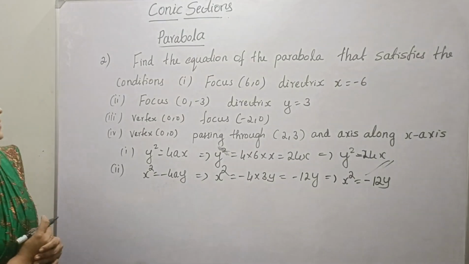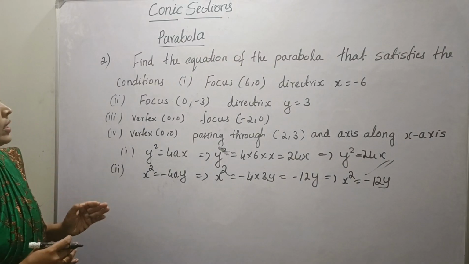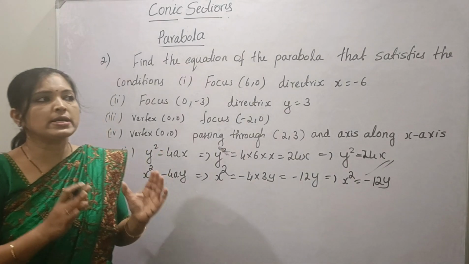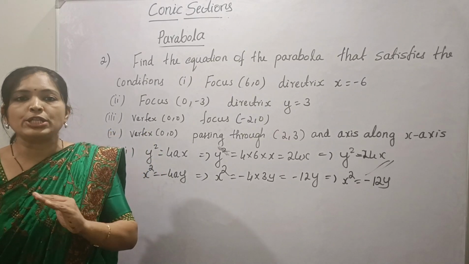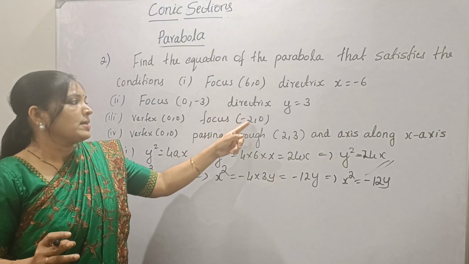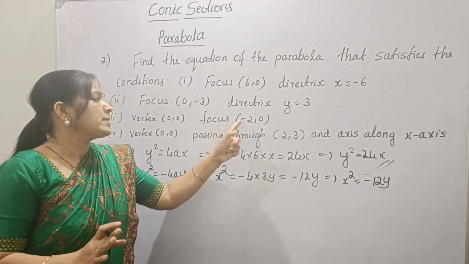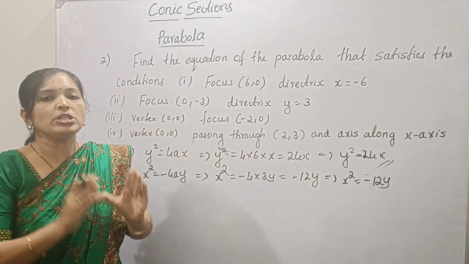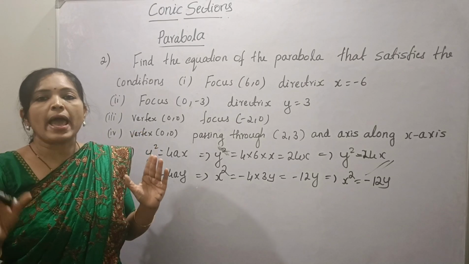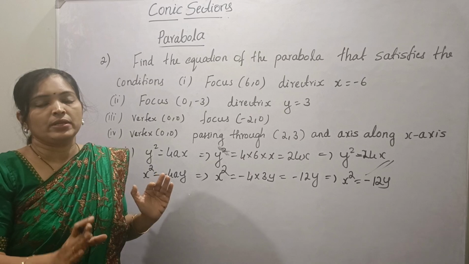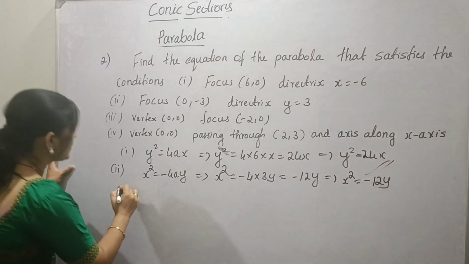Okay? Next, third one. Vertex (0, 0), that is the origin. Okay? Focus (-2, 0). So, the focus point is on the negative x-axis, right? See, the y coordinate is 0. That means the point is on the x-axis. Since it is (-2, 0), the point is on the negative x-axis. That means the parabola is along the negative x-axis. The parabola is towards the negative x-axis. The equation is